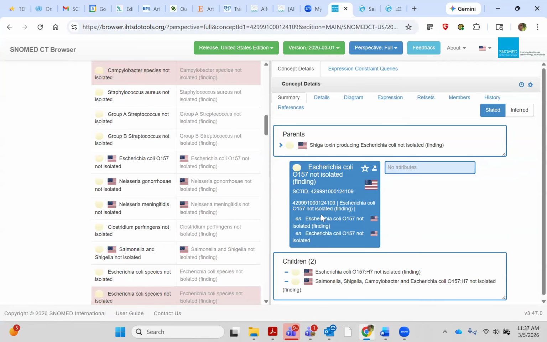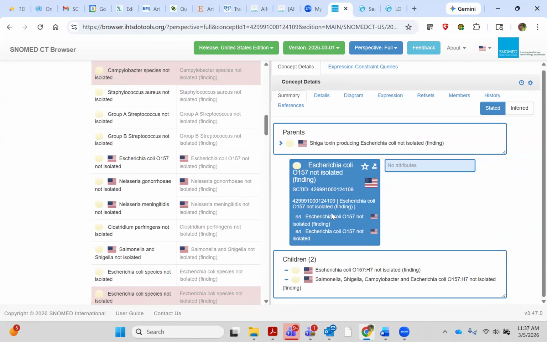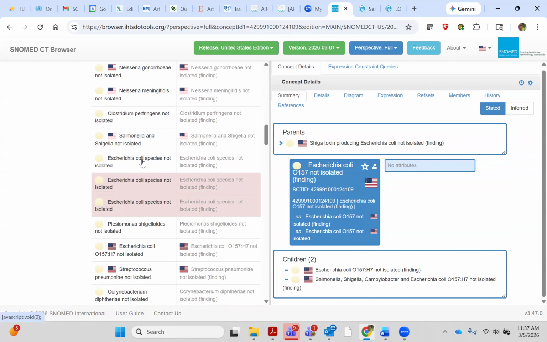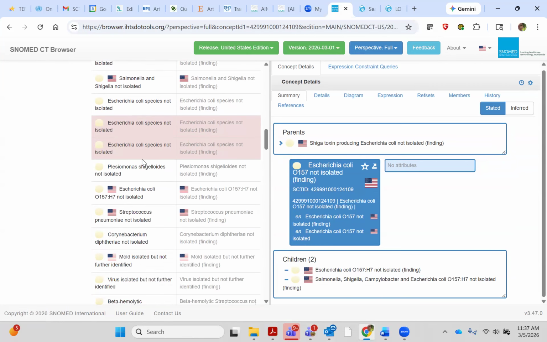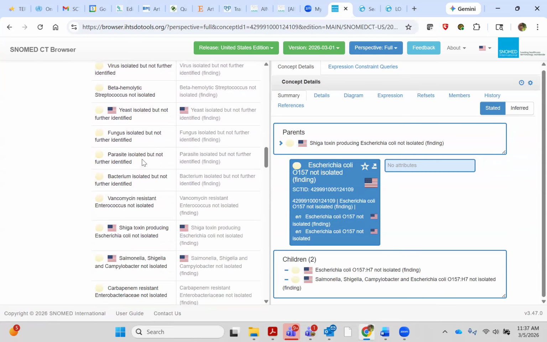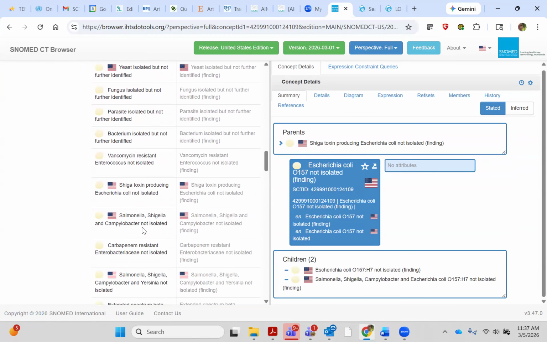Yeah, but they would have to. I'm agreeing to kind of disagree on this one, Andrea. Because when you have an organism specific culture and you have a value of not isolated, in this case